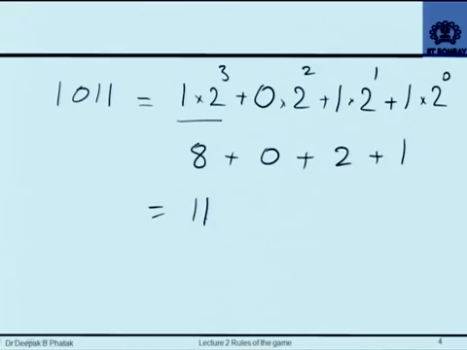Just to distinguish between different bases, we would tend to write this more correctly as a subscript 10 at the end, and here a subscript 2 to indicate this is binary, this is decimal. I am just illustrating this for the sake of understanding. We will not be using binary number system for any purpose, including for tests and examinations. So this is just for the understanding.